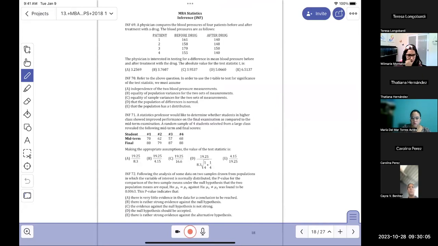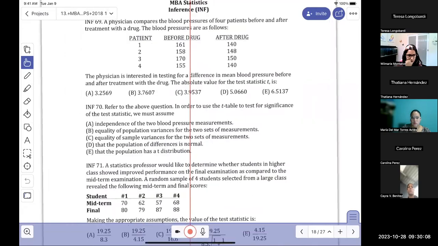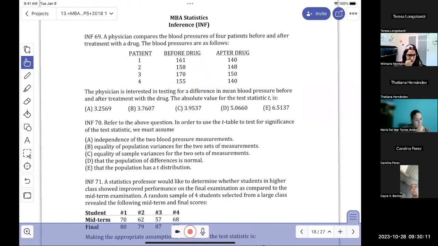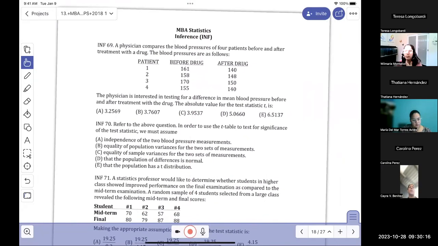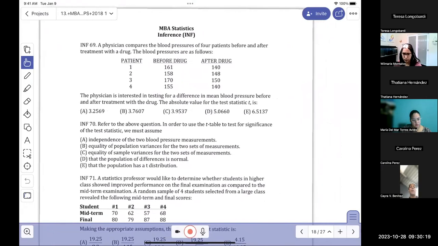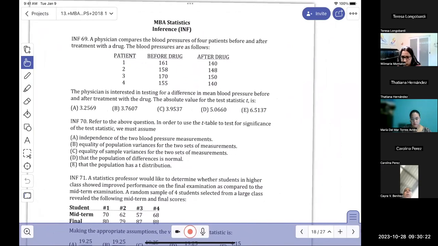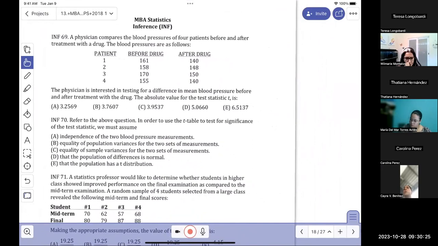Okay, so I did use the T formula, x bar minus mu divided by s divided by the square root of n, but I'm not sure. I saw the answers and I'm not sure why on the top there's only x bar. I'm not sure if you use x bar minus 0 because you don't have the initial mu. Right. Okay. So what you have here is a matched pairs